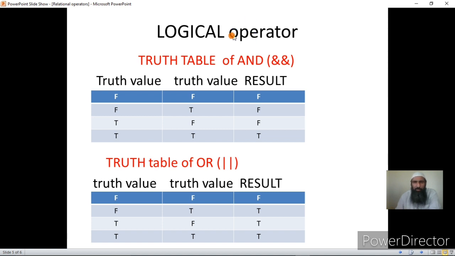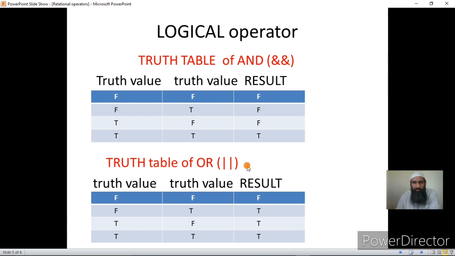Only when both are true will the result be true, and if any of the operands is false, the result will be false. See here, when both are false, definitely it will be false, and if one of them is false, then the result is false. When both are true, then only the result will be true.